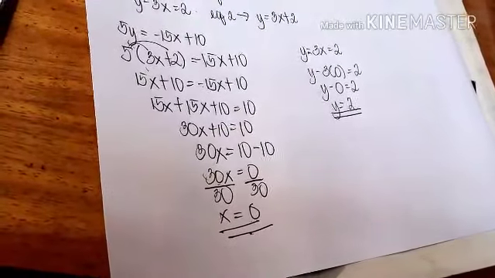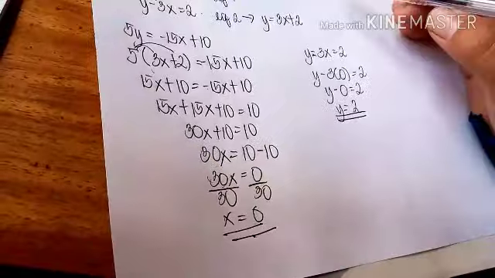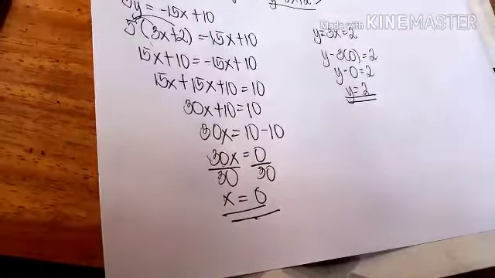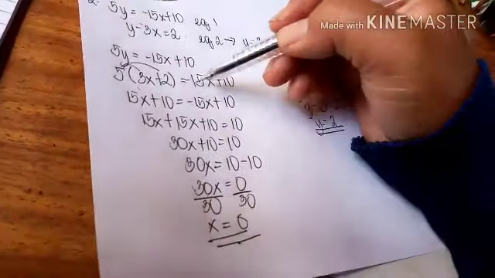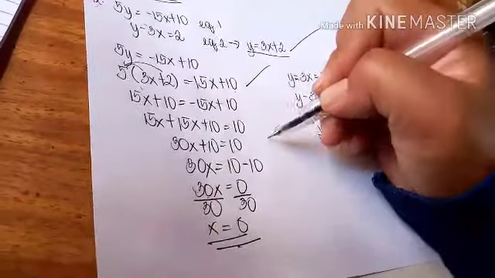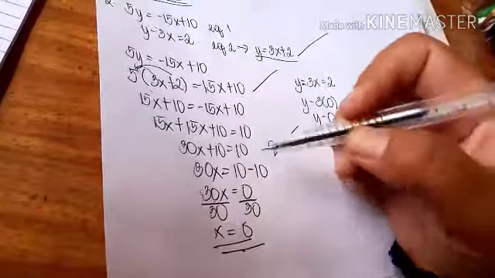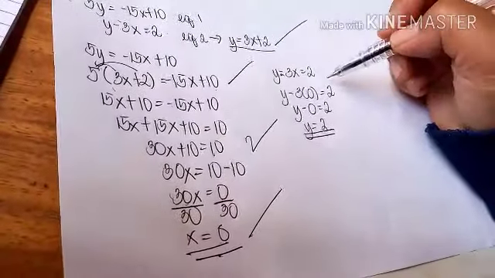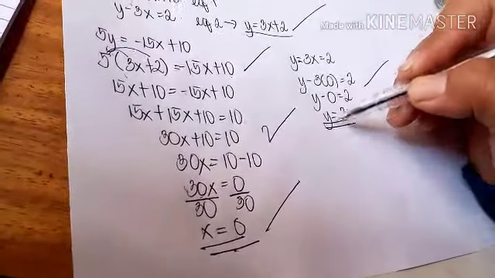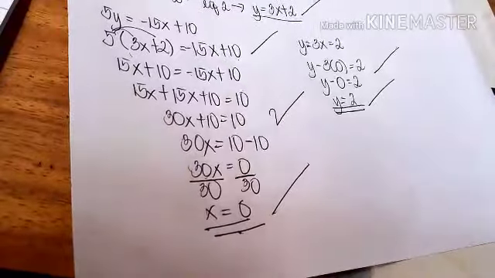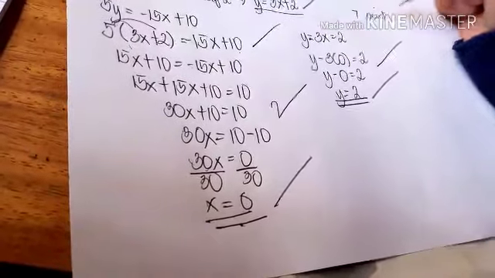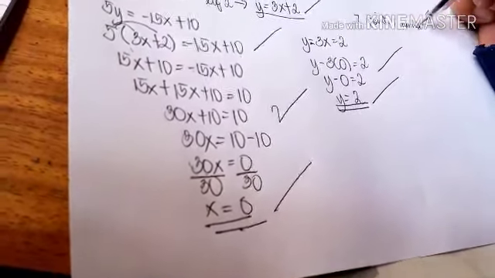Now in your seat work, this is how I'm going to give points to your solution. So this one would be 1 point. The substitution part would be 1 point. The solution, all of this would be 2 points. The value of your x is 1 point, and the solution here is 1 point. Of course, the value of your y would be 1 point, which would be equal to 7 points per number. Okay,